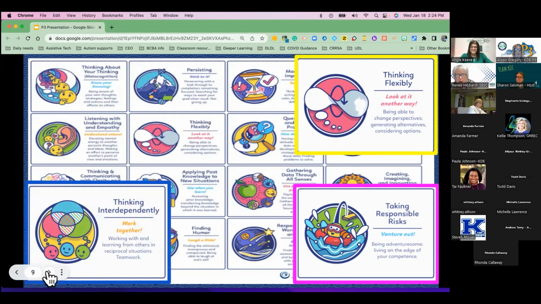The next habit of mind that Angie and I thought was so critical to point out is thinking interdependently. When leaders think interdependently, they collaborate with a sense of purpose and a mission. They encourage others in their building to speak up, contribute to the discussion, and maybe even advocate for a particular position or a plan. They also know when it's time to take their own plan off of the table or to make accommodations for others in the group, for others or the group's ideas, goals, and plans.